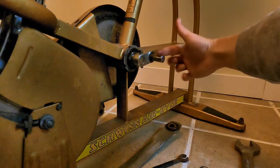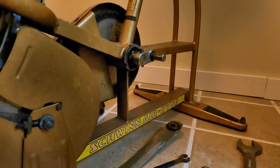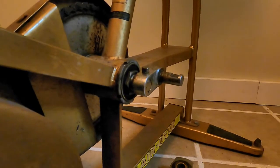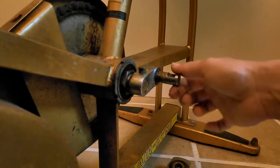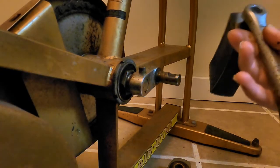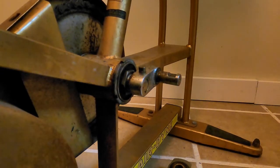So you can see right here, there's that flat side. Let me try and move you closer. There's this flat side here. So same thing with your pedal. When you put that on,